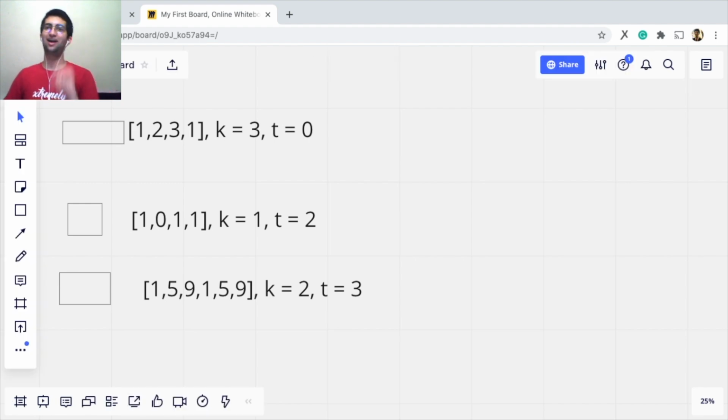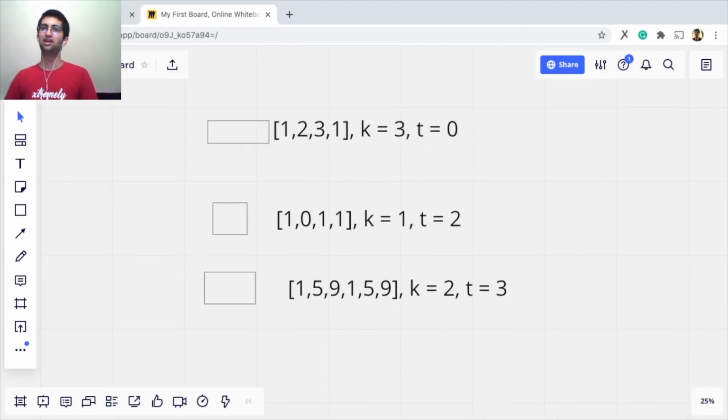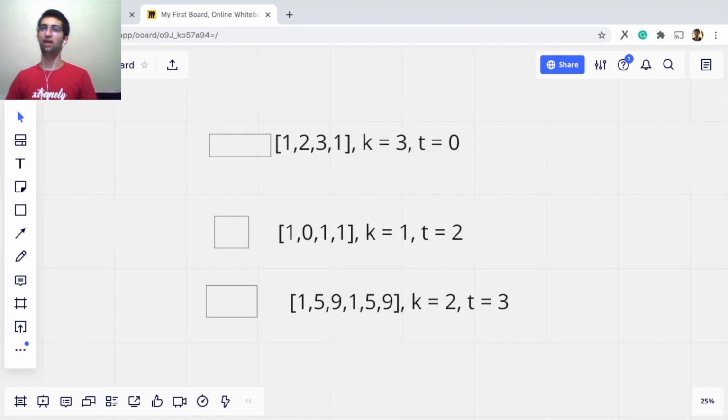Now you see this over here. We have our array 1, 2, 3, 1. Our k value is 3 and t value is 0. So we want to find elements where the difference between their positions is at most 3 and the difference between the values is at most 0. Now we'll make a sliding window of size 3. And what's a sliding window? It's basically we are just going to store some right and left indexes, and inside that limit we will check.